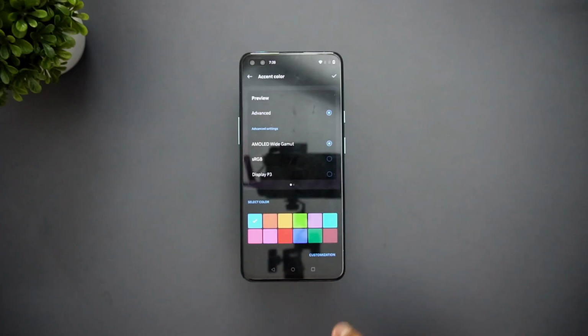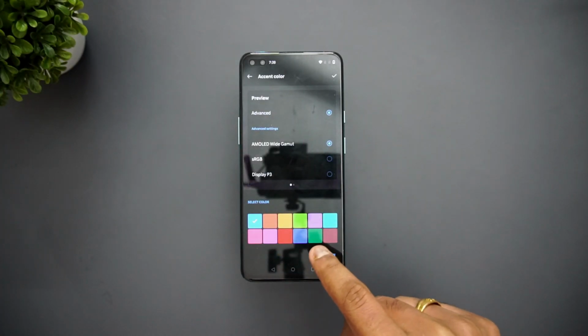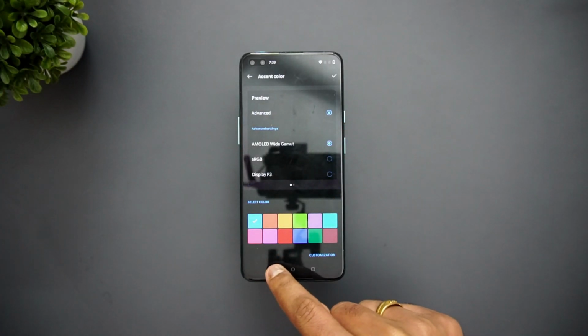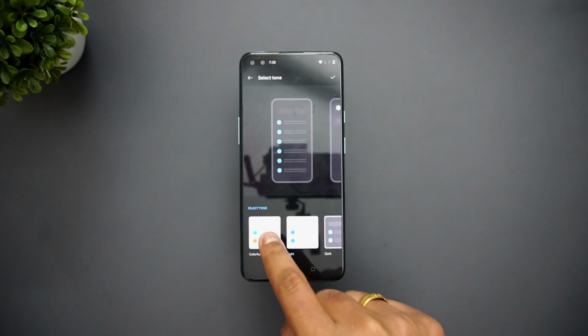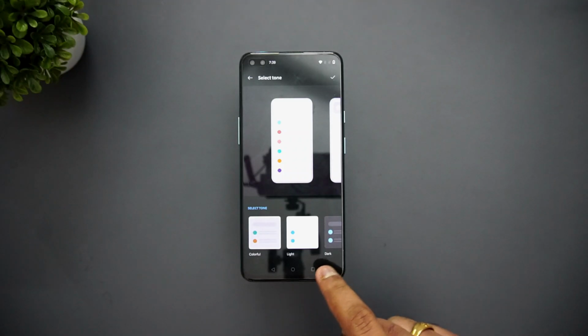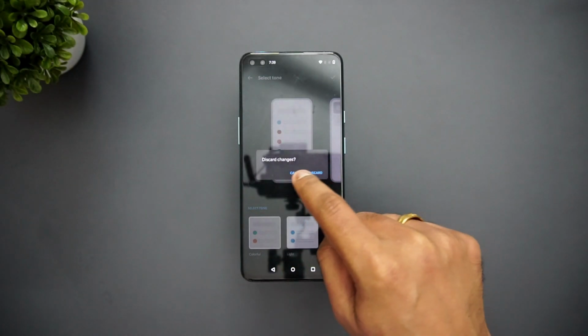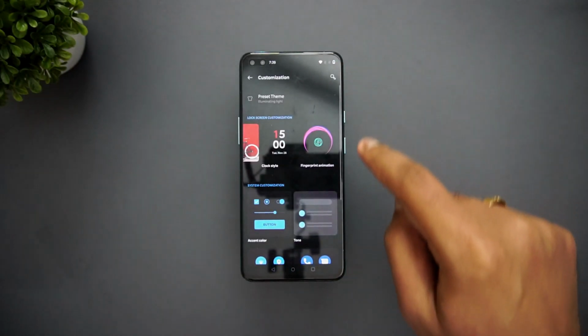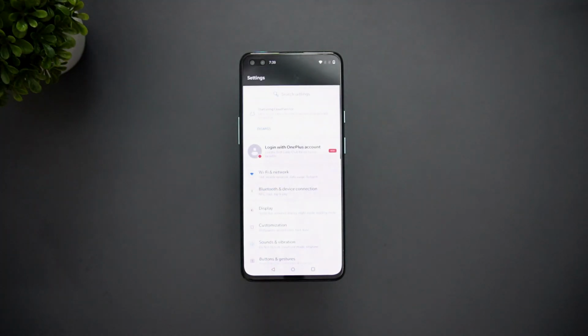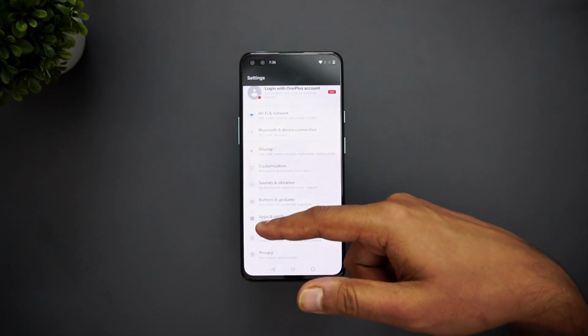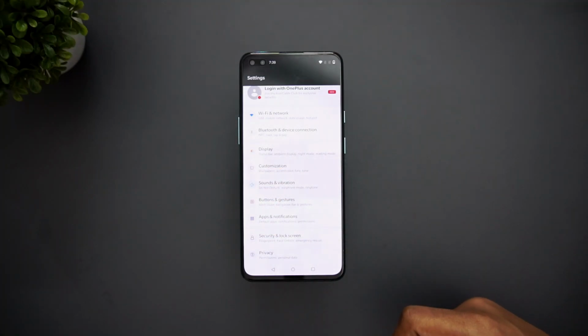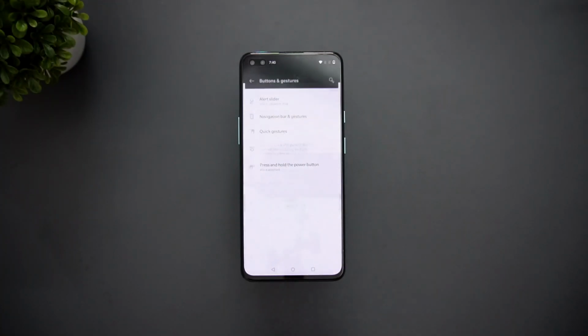Now accent color, you can see that you can select these accent colors, whichever color you want. Then tone, you can go with the colorful, light and dark tone. So colorful, you can see that it is more of a light tone. So there you go. So that's the light tone, and probably this is the colorful tone. You can see that now the colors are gone white, and you can see the icons are a bit colorful in nature.